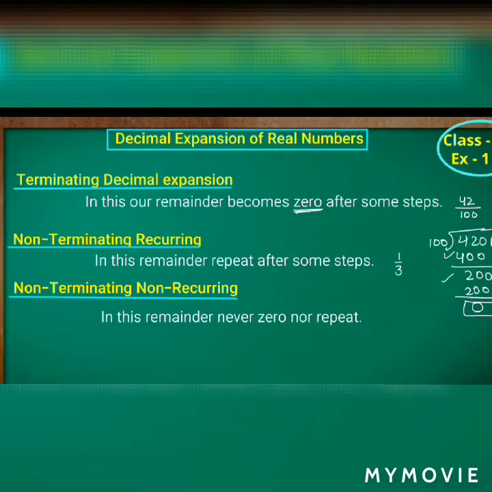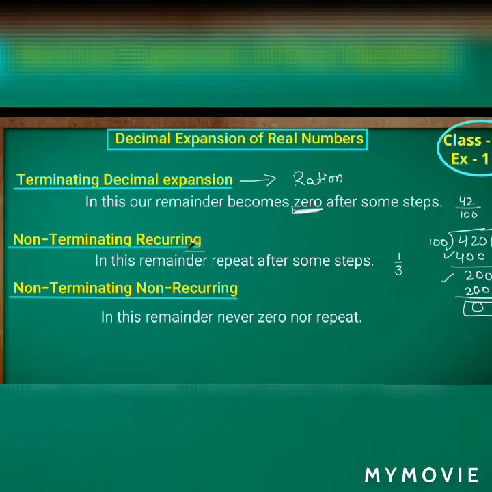So what is the value I have got here? 0.42. Here the quotient I am getting is 0.42, or else directly we can write it by using a decimal fraction, isn't it? If the denominator is 10, hundreds, or thousands, those are said to be decimal fractions. So 42 by 100 can be written as 0.42.